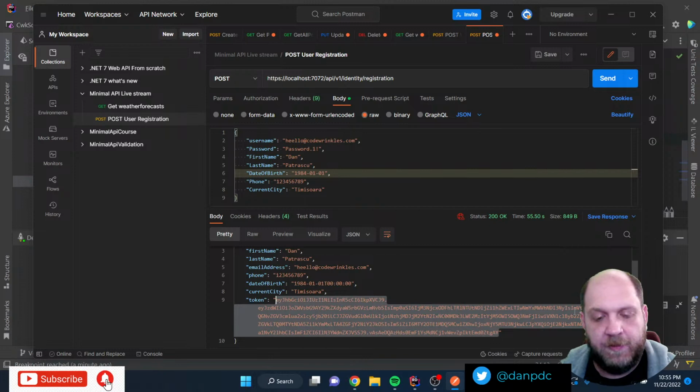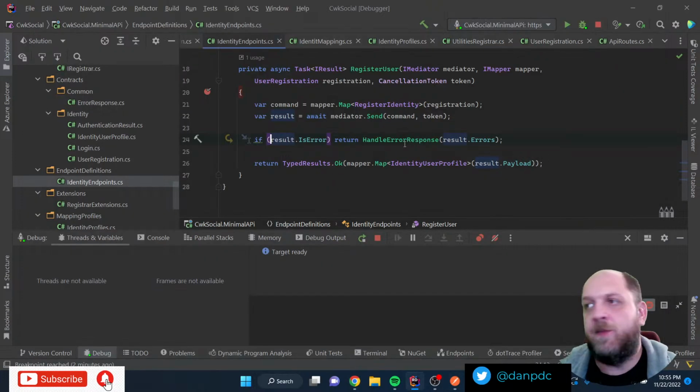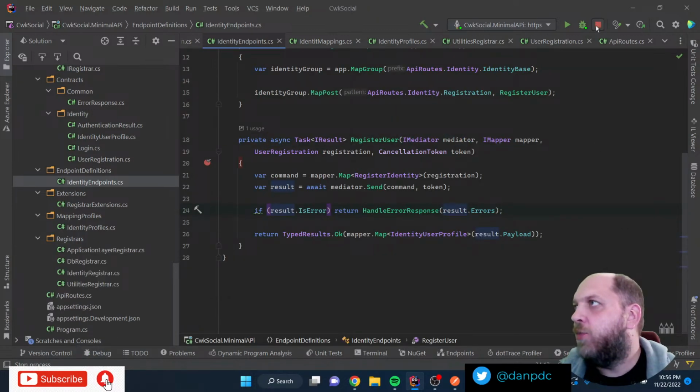for our CWK application. And by the way, the entire code for this application, like all the layers and everything, is on GitHub, so it's publicly available. The link to the GitHub repository is in the description of this live stream, so you can just go there and go to the repository. You can fork it, you can clone it, you can definitely play around with that. So cool, it seems we have a very first endpoint that is totally working.